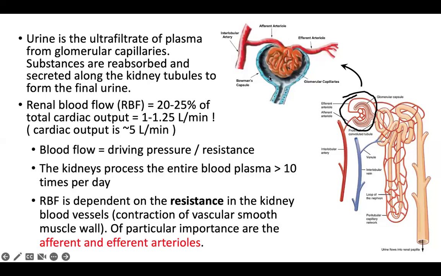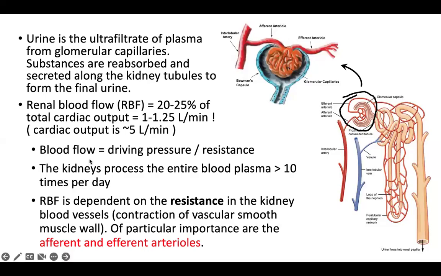When you think about each glomerulus being a very specialized blood capillary, the kidneys are essentially a bunch of blood vessels, and it's no surprise that they're receiving so much blood flow because they have to process out toxins and excess water, and maintain the homeostasis of the